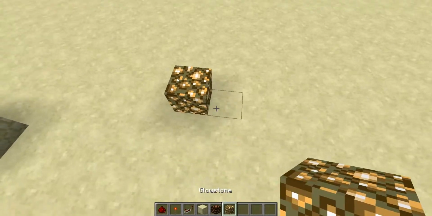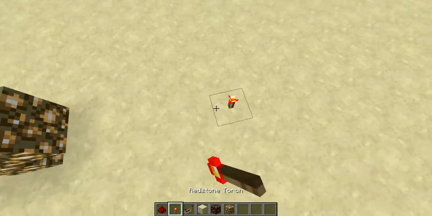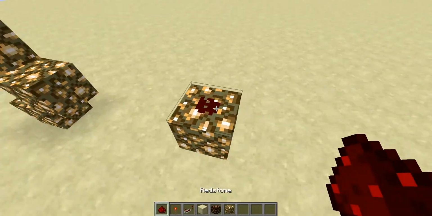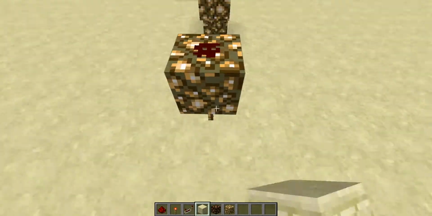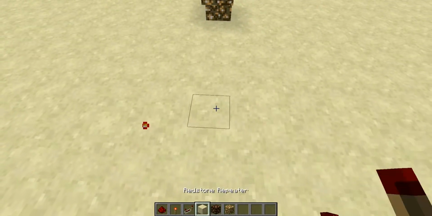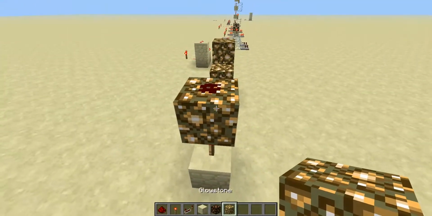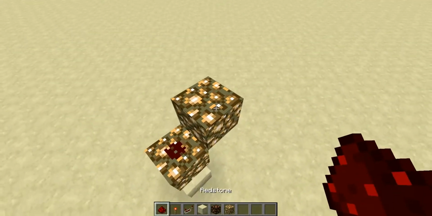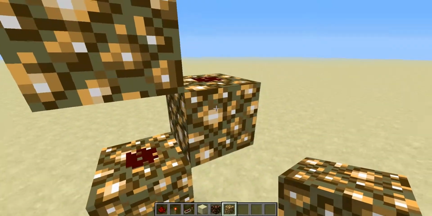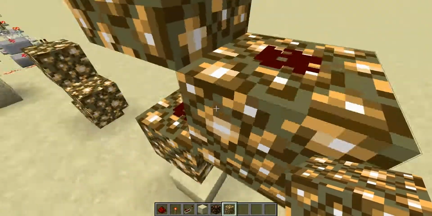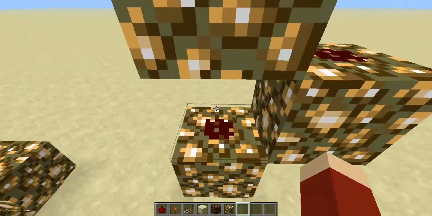Now, glowstone is also a transparent block, except a little bit more special. So, still it counts as a transparent block. See, this torch here isn't. Let me just raise that up one instead. This torch will not power that redstone. But something that does work is, before I was showing you how this redstone can't power this redstone here because they're blocked off. Well, it may not look like it, but